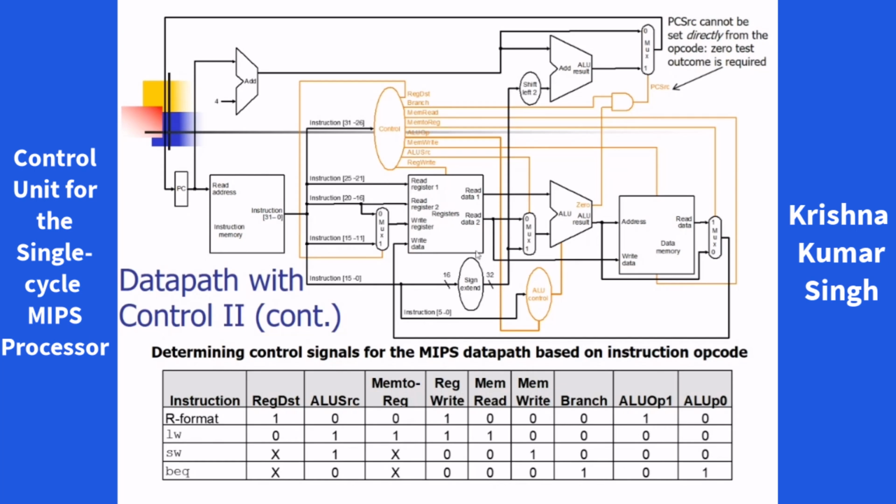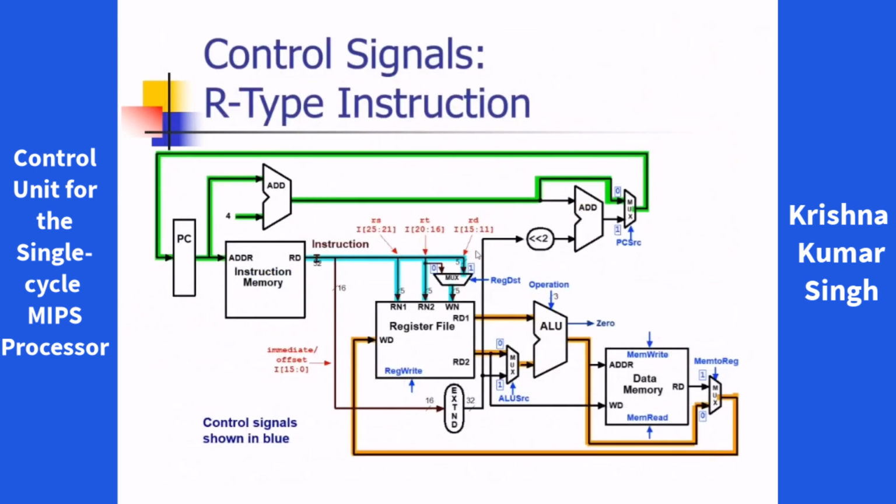So this is the data path for the R-type instruction, and I wrote the control signals in blue color and I will show you the value of each of them in red color. ALU source should be 0. The ALU operation comes from the function field of the instruction and it will depend on the type of